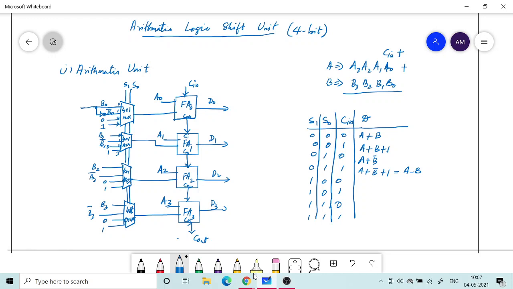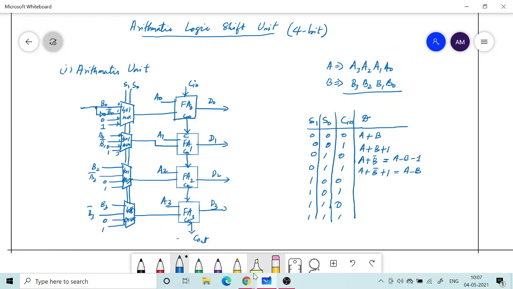So subtraction is very important, like addition. In that light, if you revisit the previous output case, you have now 1 here, so you can write this as A minus B minus 1. So this is like subtraction with a borrow input. Okay, so that way you can reinterpret it.